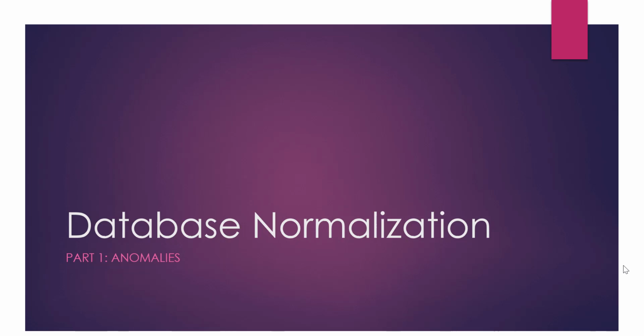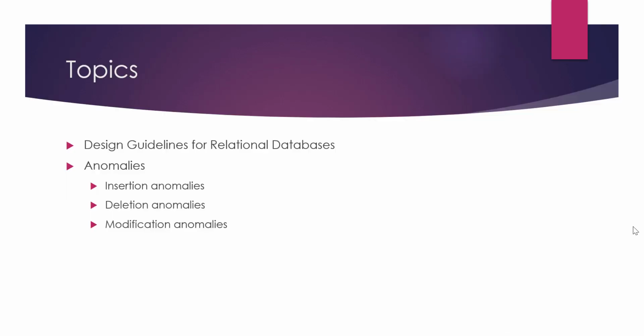In this video, we will look at the idea of database normalization. Normalization means that we are going to analyze our schemas and our relations, and try to minimize the data redundancy and any inconsistencies that could happen if we update, modify, delete, or even insert data to our database relations. So in this part, we will look at some informal design guidelines for our relational databases,